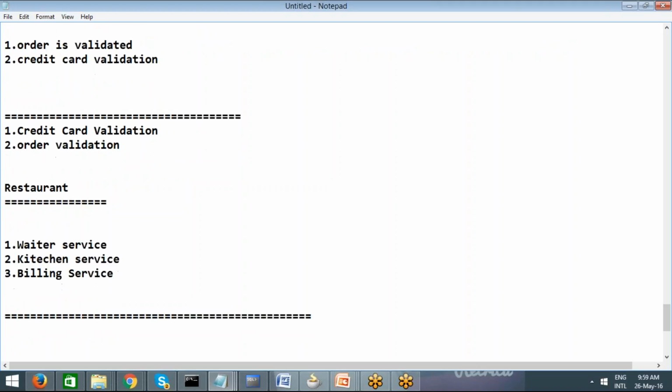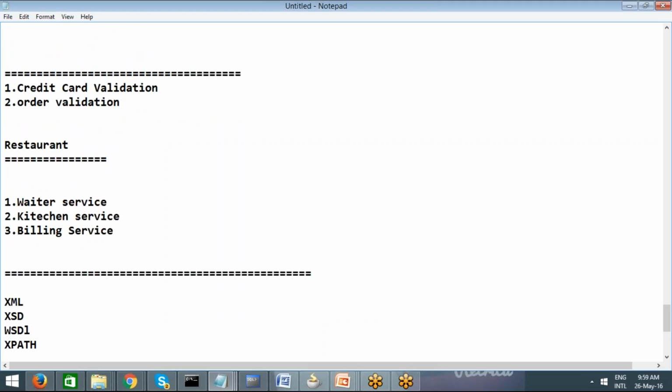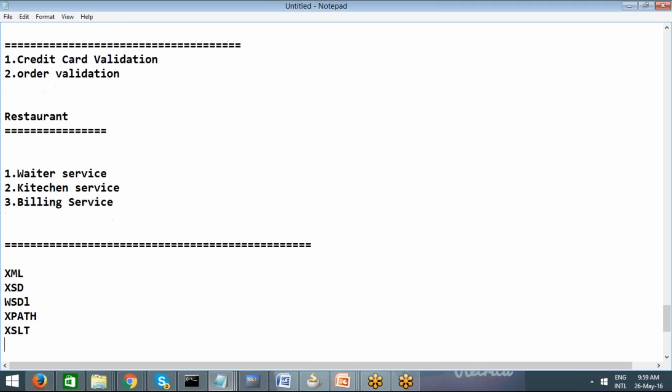Then we start talking about XML, because XML is a prerequisite to learn Oracle SOA Suite specifically, because these are based on some open standards which are mostly on XML. Apart from XML, you might come across XSD, you might come across XPath, you might come across XSLT. All these are the open standards, or XML-based standards, which will be leveraged in your Oracle SOA Suite. So first we'll give you a fair idea about all this. There is something called namespaces, about which most people always remain confused. So we'll have a lot of discussion on all these topics,